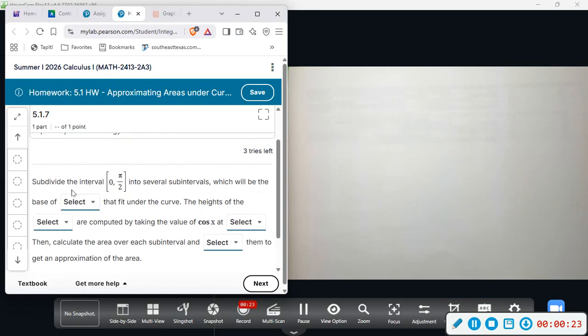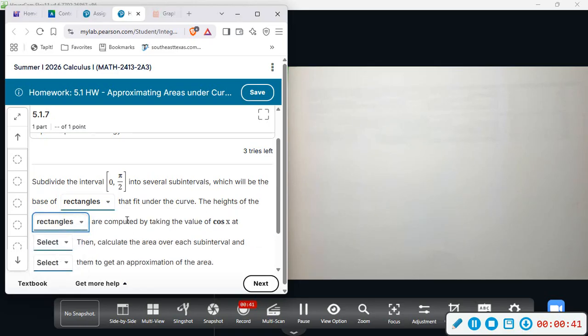So here it says we're going to subdivide the intervals, which will be the base of, and this is going to be rectangles when we do Riemann sums. It says the heights of the rectangles are going to be computed by taking the value of cosine of x at,